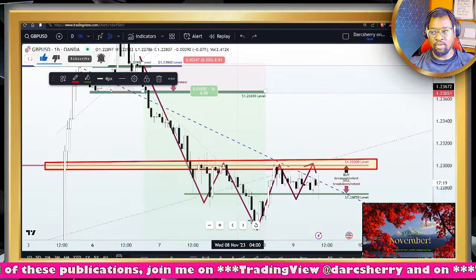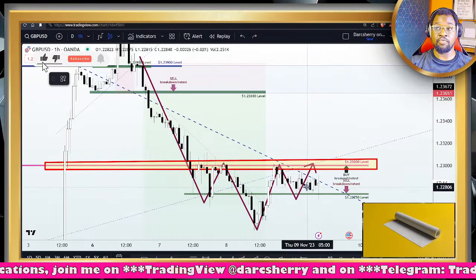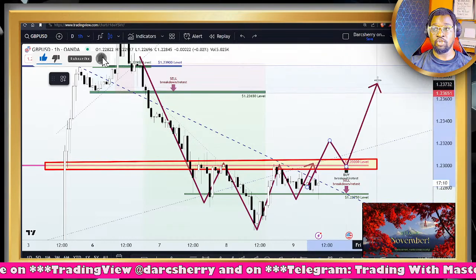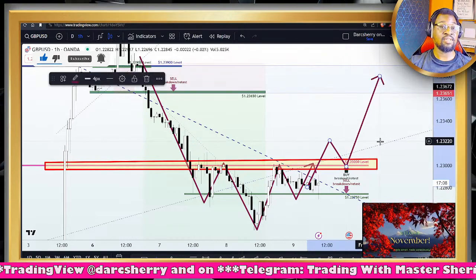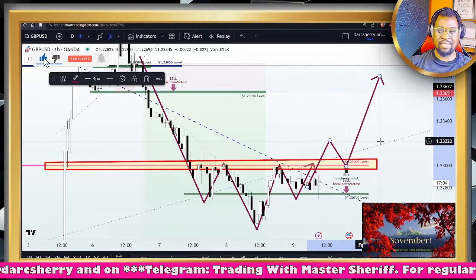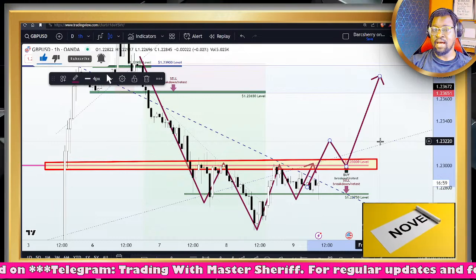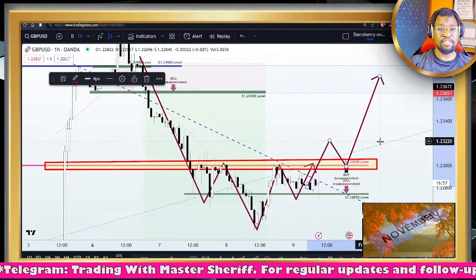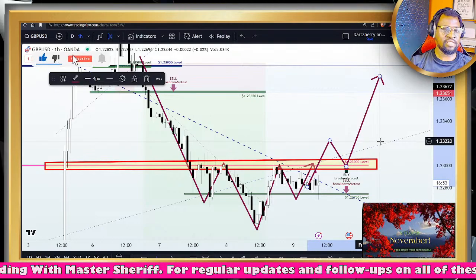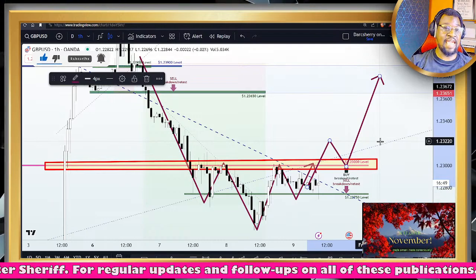And of course, from a technical standpoint, when we see a reversal pattern like this, we want to see price break out of the neckline to validate it for us, then retest the structure, giving us beautiful opportunities to join the uptrend move. So personally, I am positioning myself above the 1.23 area, which happens to be serving as both the neckline of this potential reversal pattern, not yet validated, and of course the key level for this week. So I'm still holding on to a bullish bias here on the